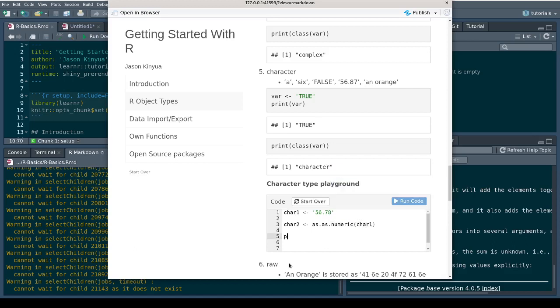Then let us see print class of Cha1. This should be character. Print class of Cha2. Okay. Let us see, one call done.